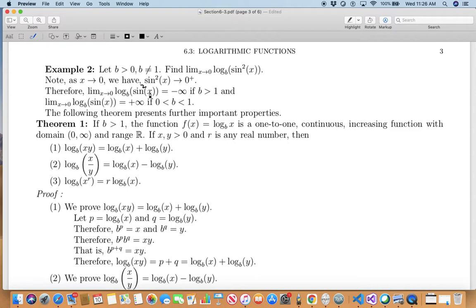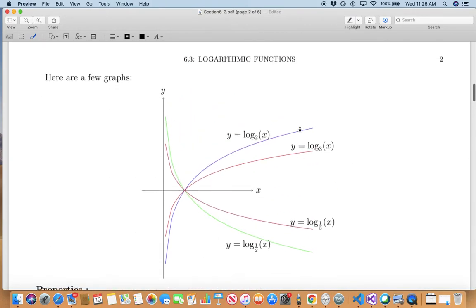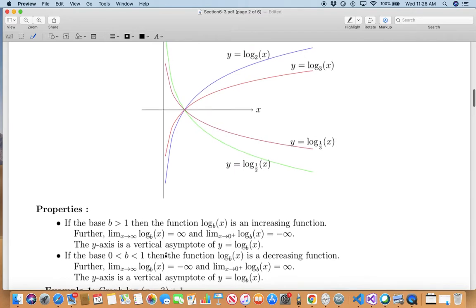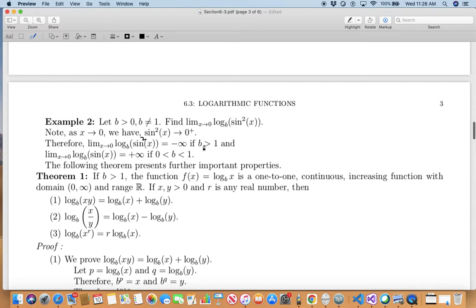Yes. The limit of log base b of sine squared x is negative infinity if the base is greater than 1. These are the examples: when you approach 0 from the right, you go to negative infinity. When the base is less than 1 and positive, of course, when x approaches 0 from the right, you go to positive infinity. So that's what you need to worry about. If the base is greater than 1, your limit is negative infinity. When the base is between 0 and 1, your limit